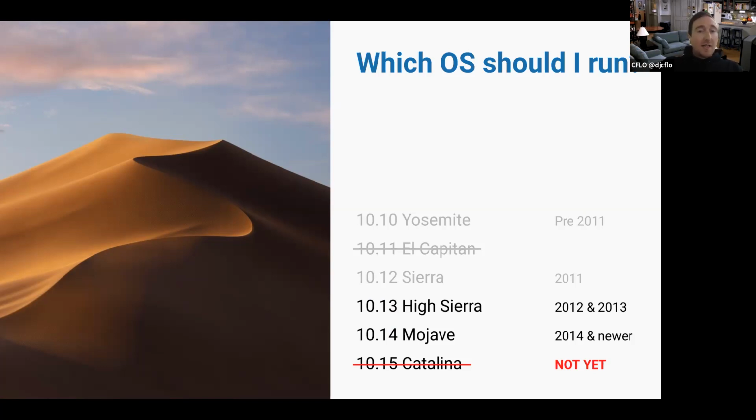You should not be on Catalina yet. It's abandoned 32-bit support, and some of the audio stuff we use, whether it's Ableton or just under the hood things, we're not ready yet for our professions to move away from Mojave just yet. And I know it's a tough situation right now with not many of us having stable incomes, but I do